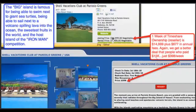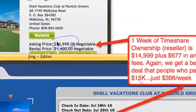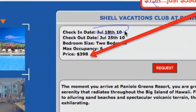Hawaii happens to be my favorite travel destination, and this is a Shell Vacations Club at, and I'm going to mispronounce that, Paniolo Greens. And this is on the Big Island. The reseller website, 1 week of timeshare for sale, $14,999 plus $677 in annual fees. Again, we get a better deal than people who paid $15,000. Look what we pay. July 18th to July 25th, which is a premium summer vacation, 2-bedroom unit,